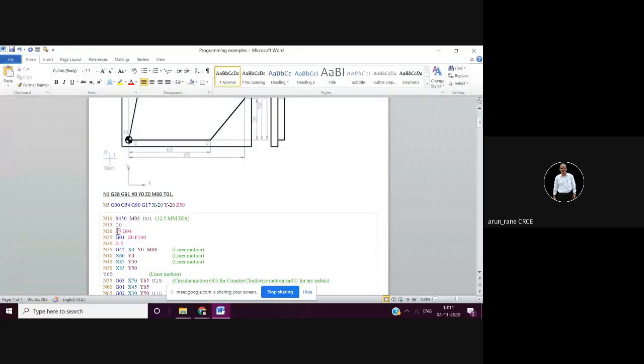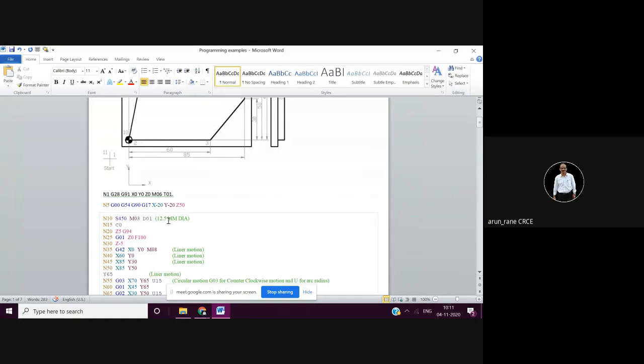Then see, G00 is already active, so by default it will be G0, Z5. G94 is nothing but millimeter per minute feed rate. Since you already started the spindle, now it will take the feed rate. So from Z5 to Z0, it will move in feed at 100.